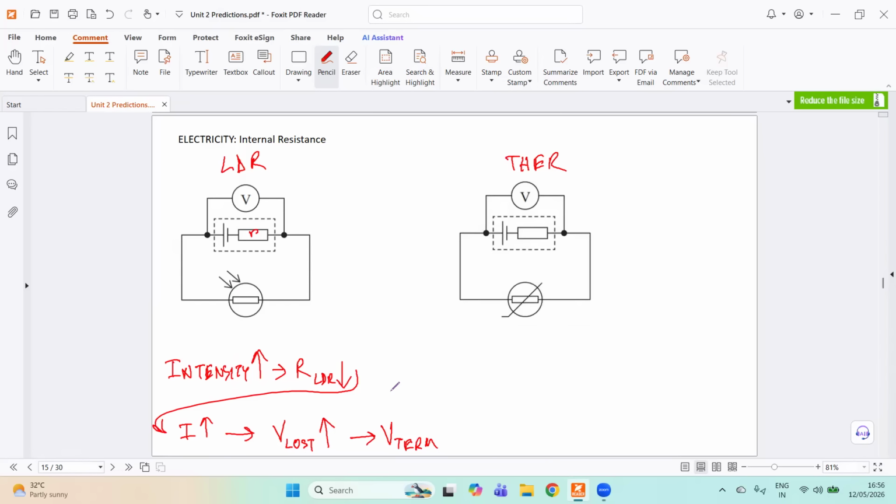And they can give a variant about the power. So you just bring in the relevant equation. And the same thing for thermistor, instead of LDR, they can ask you about thermistor. And the trigger for thermistor would be, of course, temperature.